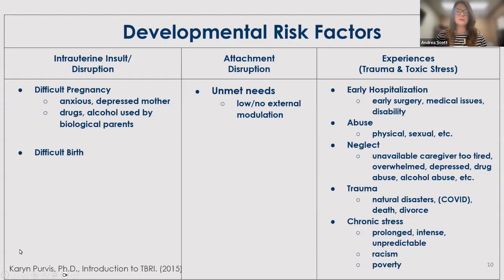One more, sorry. Okay, so when I'm referring to this cycle of attachment, I'm truly referring to the attachment disruption of unmet needs. That is referred to as low to no external modulation. So when a child has had low external modulation, meaning that they have not had a caregiver meet their needs, the back and forth, the sympathetic nervous system says, "Hey, I've got the gas. I need somebody to be my brake." That's what I'm referring to.